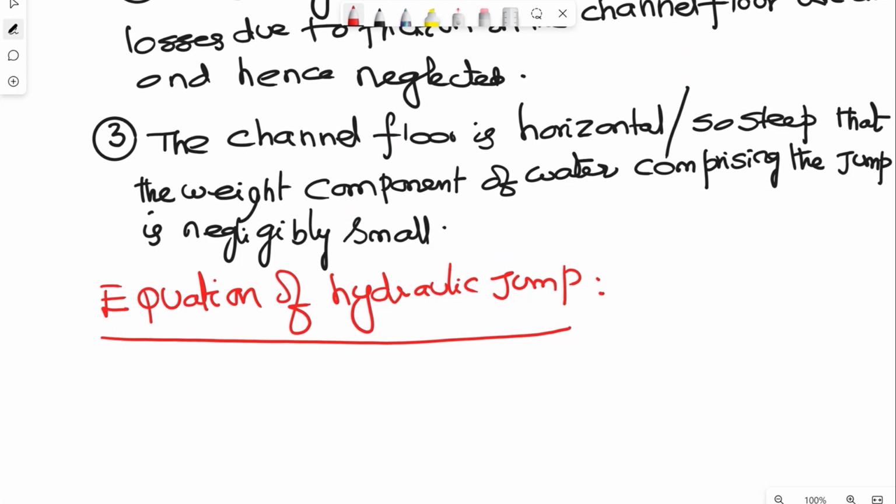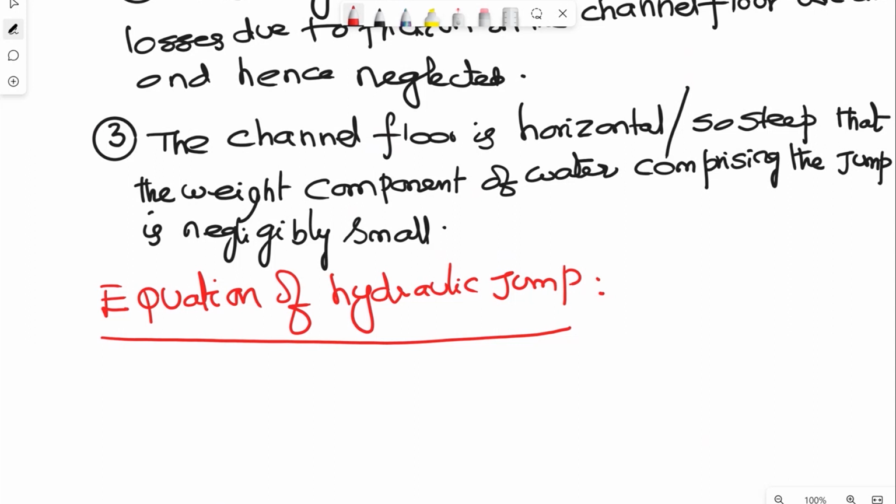The second assumption is that the pressure distribution is hydrostatic. The third one is that the length of the hydraulic jump, where it is mainly rapidly varied flow, is so small that the friction losses, because friction losses depend on the perimeter,